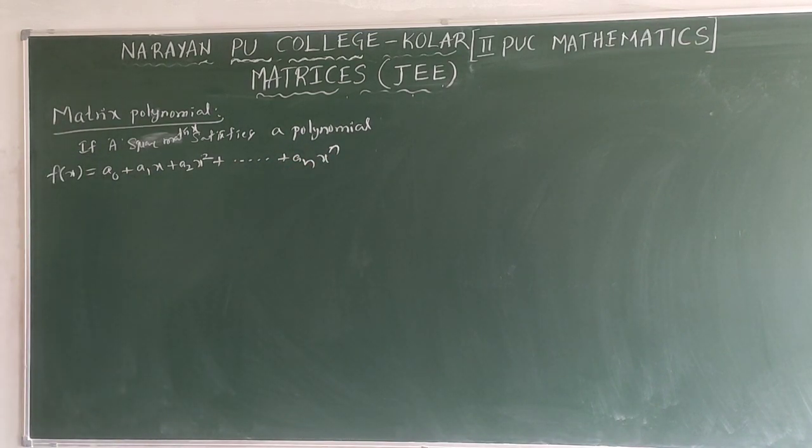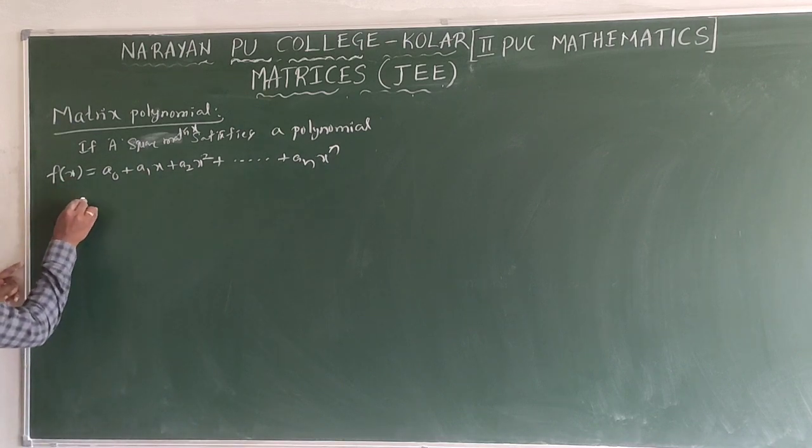When the square matrix A satisfies the polynomial, in the place of x we need to substitute A. Then it becomes